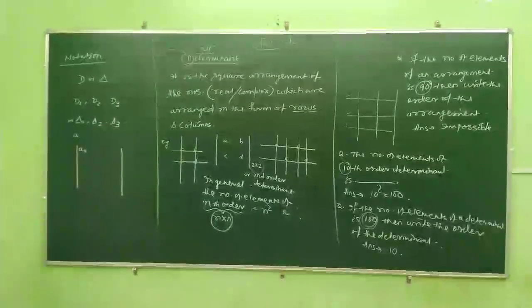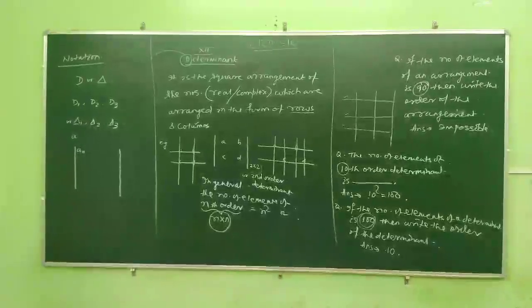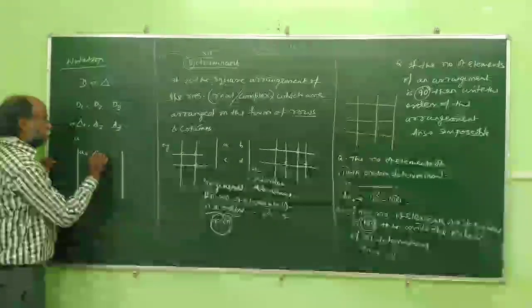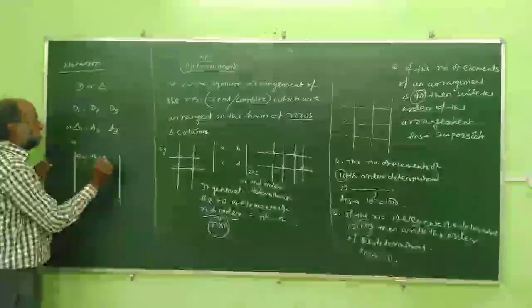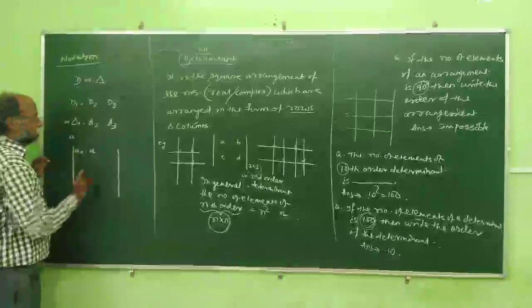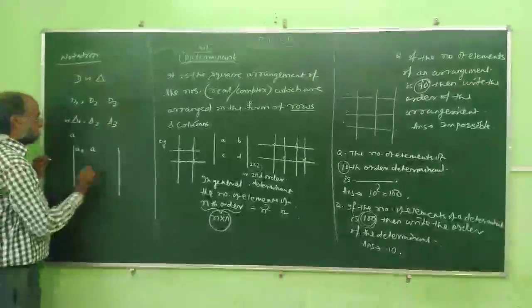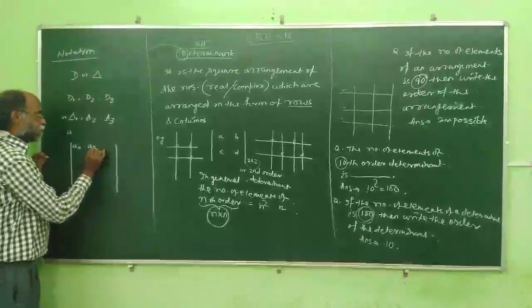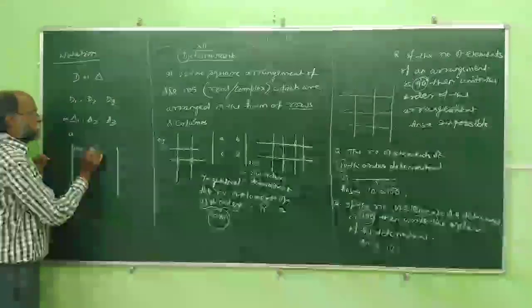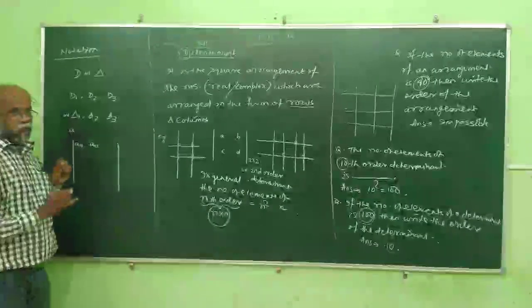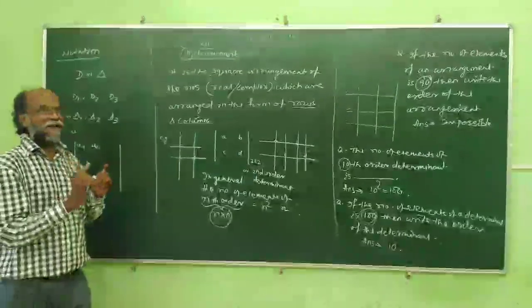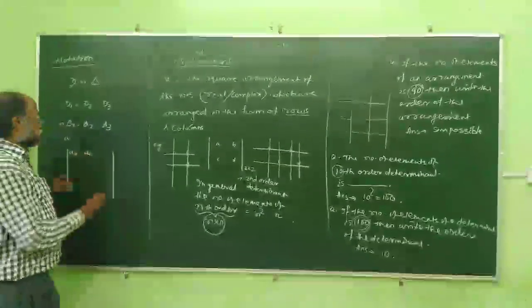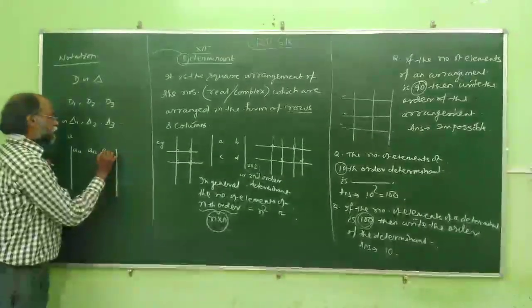A11 cannot be read that way. How do we read it? A one-one. Next element is right. A, it is in which row? First row. It is in which column? Second column. So first number stands for row, second number stands for column. So it should be A12. Don't read that as A twelve. We do not read it like that. A one-two. Next element let us write A13.